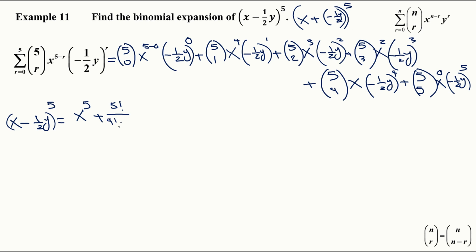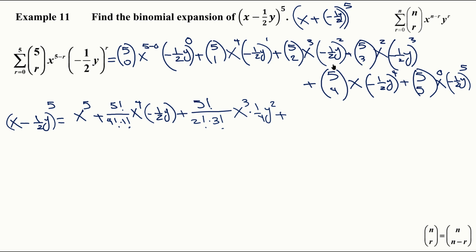So over 4 factorial times 1 factorial, and then it'll be x to the 4 times negative 1/2 y, plus 5 factorial over 2 factorial times 5 minus 2, which is 3 factorial, and then x cubed, and this will give me 1/4 y squared, right? Positive. Plus,